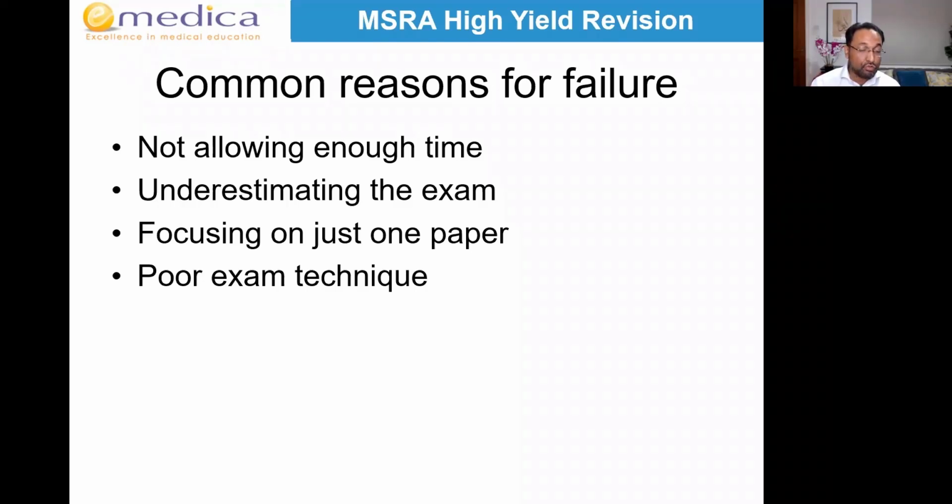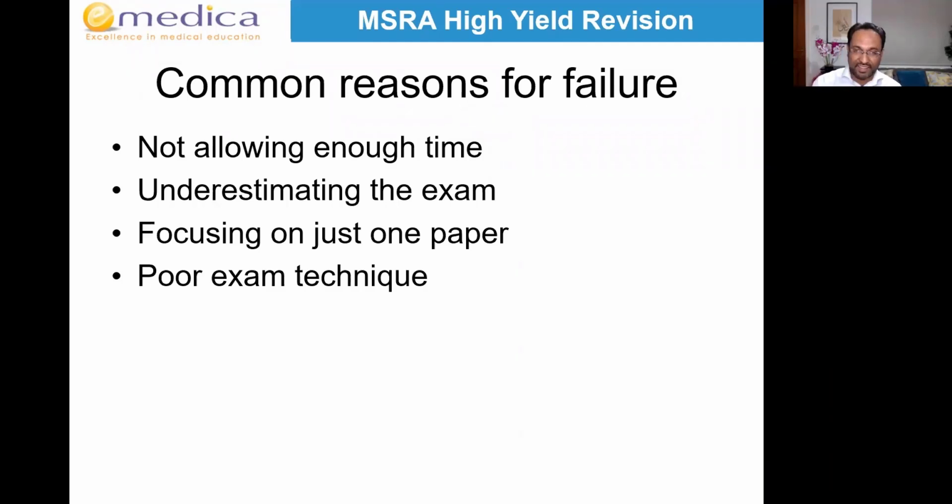So I see lots of people that get a great score in the clinical, but get a poor score in the SJT. Some specialties like GP, psychiatry, if you get a band 1, that's the lowest band in one paper, even if you get 100% in the other paper, it's considered a fail and you cannot be made an offer, even though your total score can be very respectable.